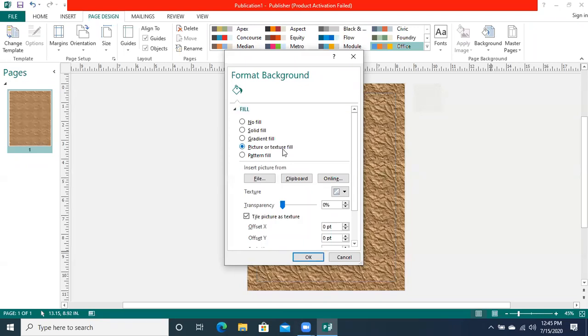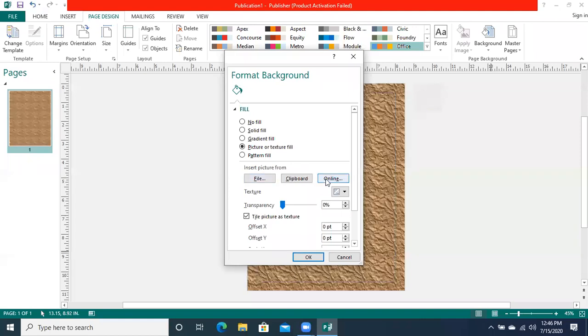Picture or texture. Texture, I have already told you how you can set up the texture. Now you can see that online picture option is there, file option is there, and clipboard option is there.